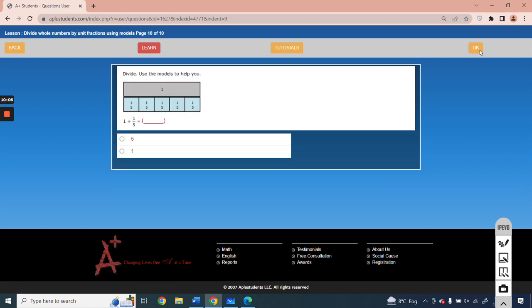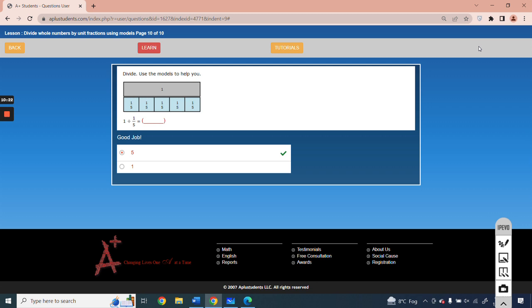Divide, use the models to help you. You have to divide 1 by 1 by 5. So which is the correct option? Yes, that would be 5. Got it. So we have done with our lesson. Let's just move on to the next lesson. Got it. And the next lesson is